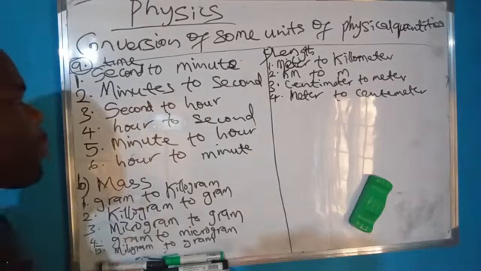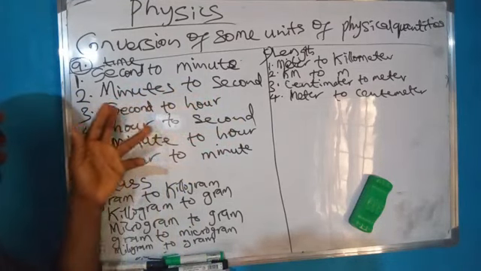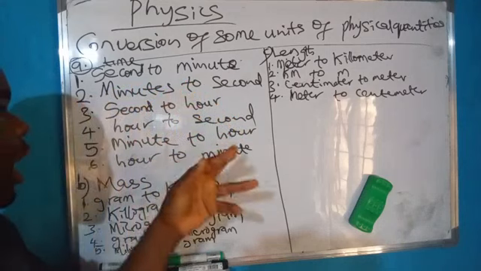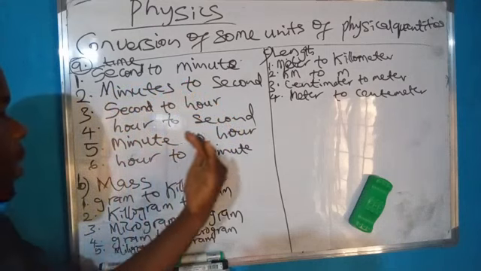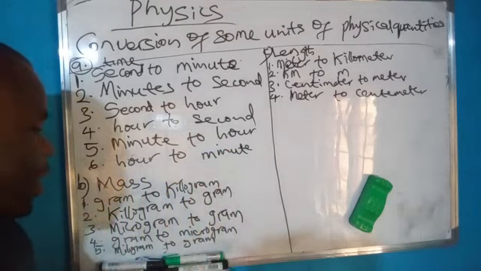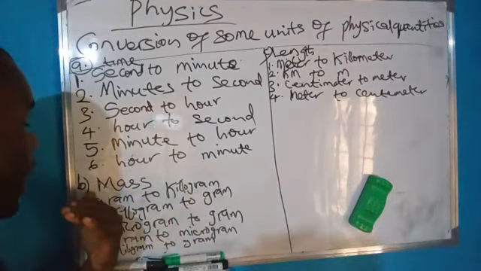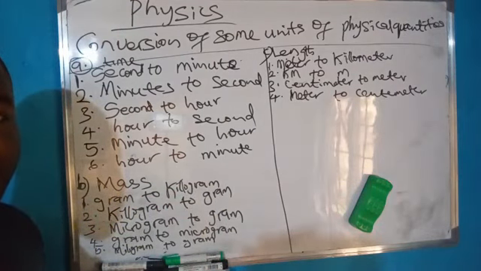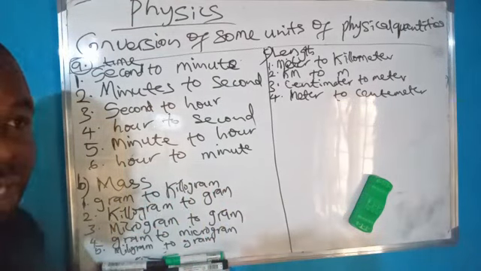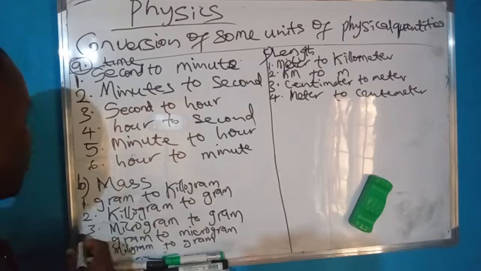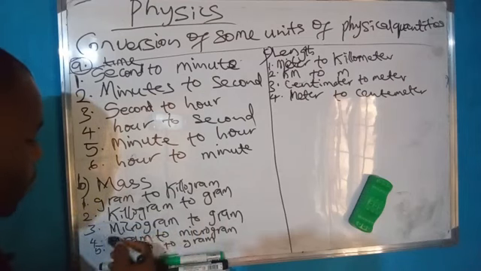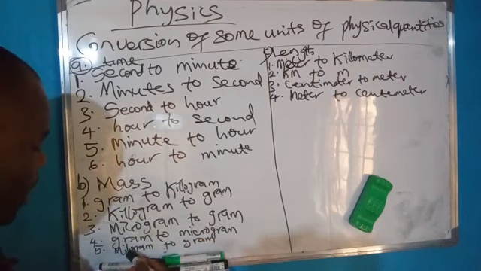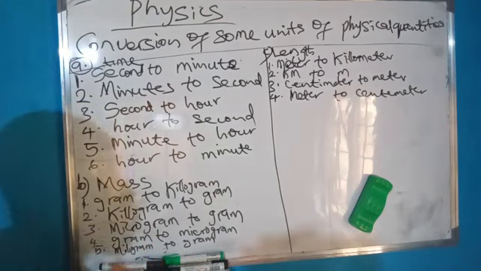Okay, good. Now, from seconds to minutes, from minutes to second, from second to hour, from hour to second, from minute to hour, from hour to minute, then mass. When you consider mass, you see gram to kilogram. Kilogram is the standard unit. Do you understand? This is the international unit, the one that is internationally accepted. Kilogram to gram, milligram, microgram to gram, gram to microgram, then milligram to gram, then gram to milligram,